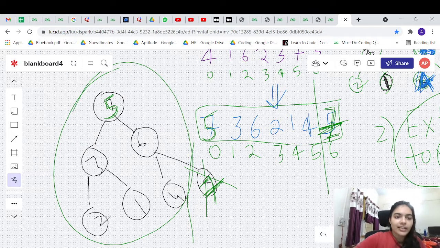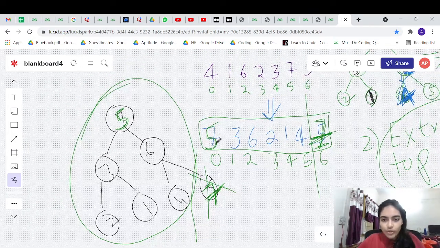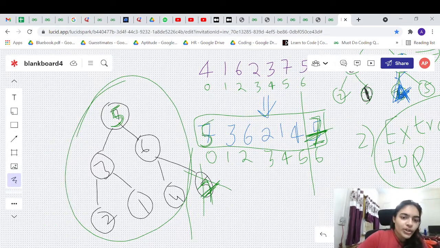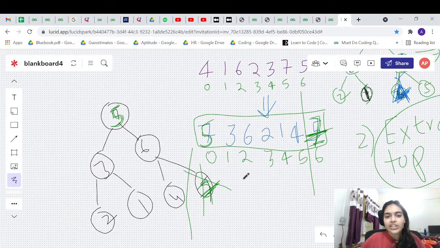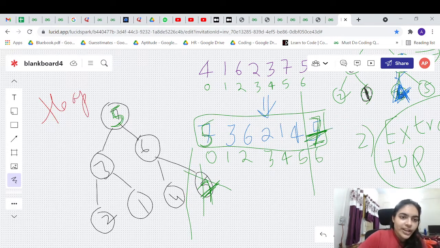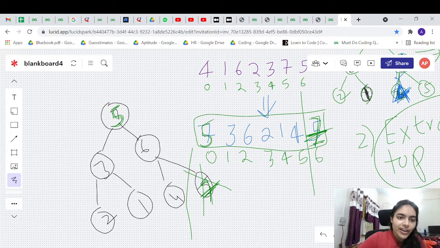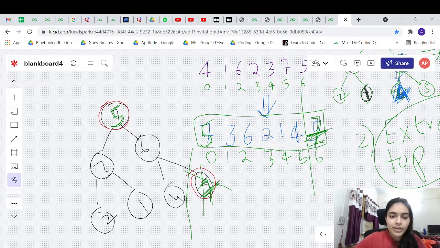For the remaining, heapify again, because once you swap the elements, the places got disturbed. So you are going to heapify this again. Just call the same function we saw before. Same function you can use again. Why did the heap get disturbed? We swapped these two elements.